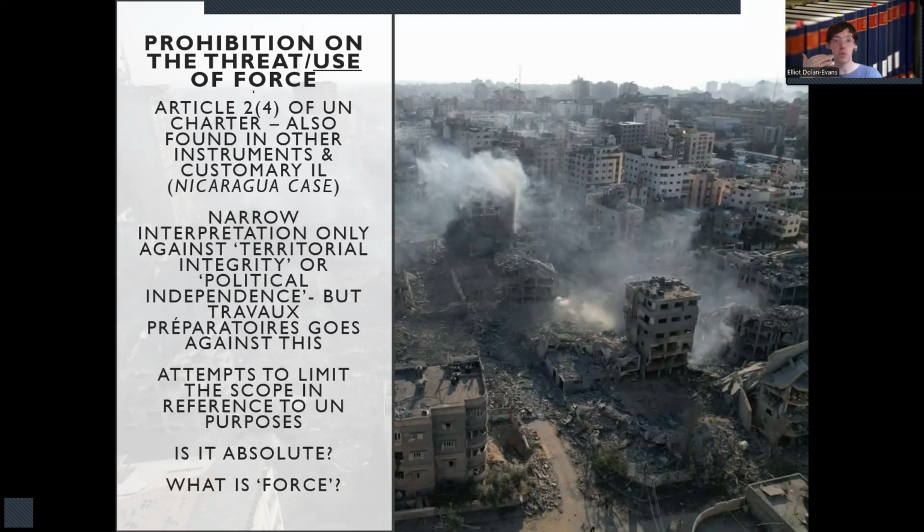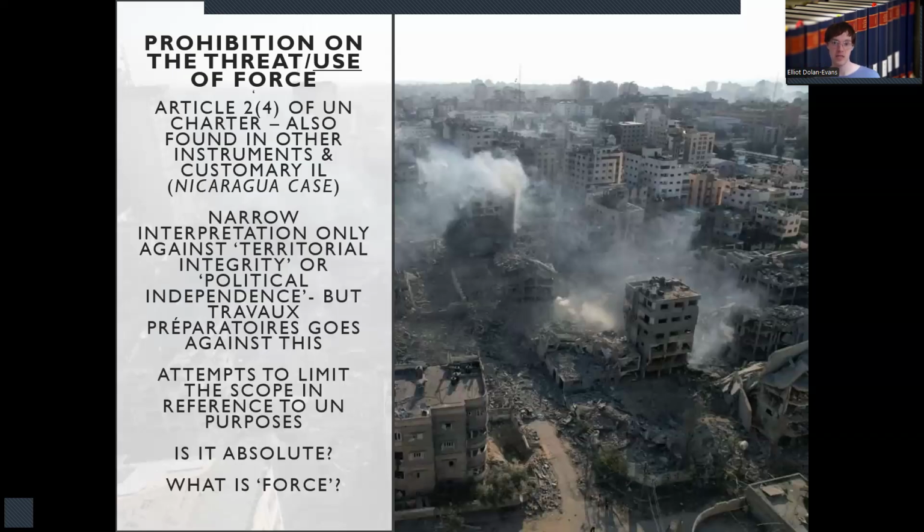And the condemnation was because border disputes between states are so frequent that any exception to the prohibition on the threat or use of force for territory that is allegedly occupied unlawfully would create a really large and dangerous hole in the fundamental rule of international law if states could just simply try to take what they felt was theirs. So it's important just to note some of the history and scholarly work which has tried to limit the applicability of Article 2, subsection 4 in terms of the use of force, but most of this has been